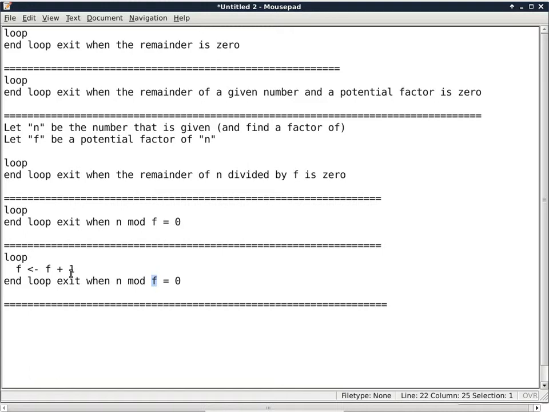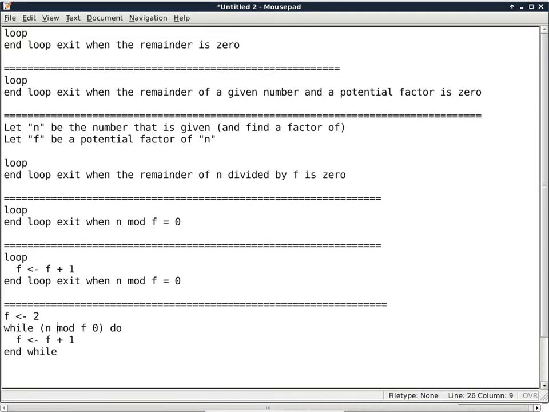Yes, 1. Okay, you can. Yes, those are both correct answers. Okay, f can start with 1 or it can start with 2. It depends on what kind of loop you want to use. So I'll give you 2 potential solutions here. One solution is to say we'll go ahead and use a while loop. If you use a while loop, then f has to be initialized to 2, because the first number you want to try with the division is 2. So we can say when n mod f blah blah 0, do the following, f gets f plus 1,